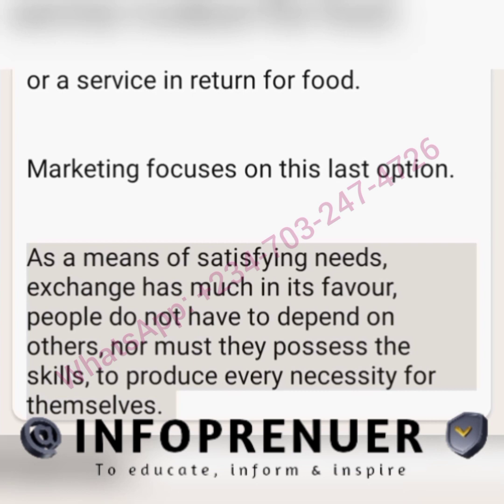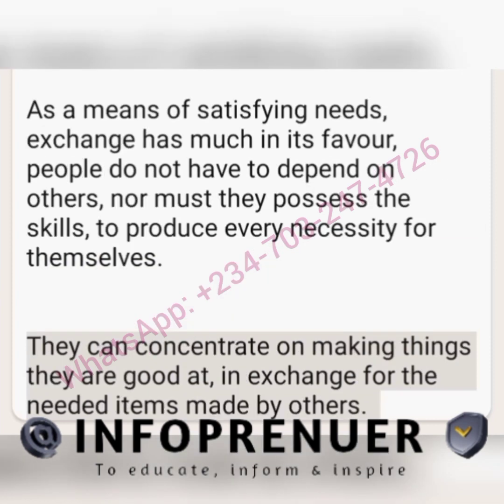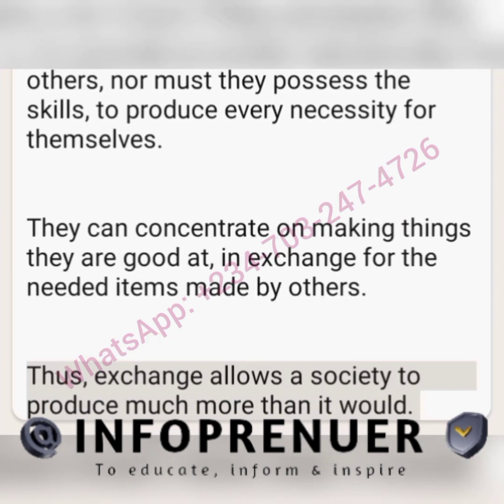As a means of satisfying needs, exchange has much in its favor. People do not have to depend on others, nor must they possess the skills to produce every necessity for themselves. They can concentrate on making things they are good at, in exchange for the needed items made by others. Thus, exchange allows a society to produce much more than it would. However,